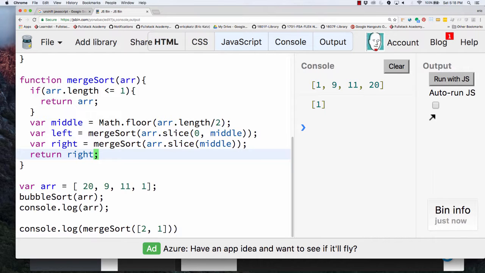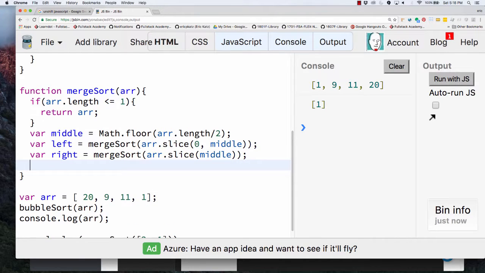And then what we'll do here, and this is where we actually have to generate new arrays, although we're generating new arrays with our slice method as well. What we're going to end up doing here is we'll specify, hey, while left.length and right.length